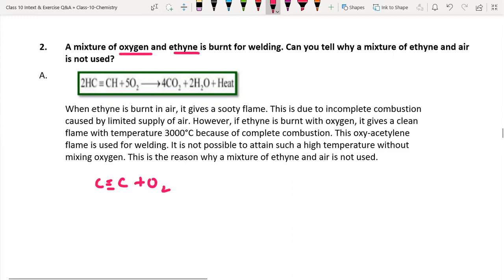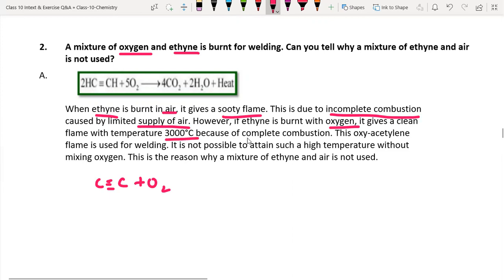It is quite simple. When ethyne is burnt in air, it gives a sooty flame. Means it will produce some black substances, right? Dirt, everything it will produce. This is due to incomplete combustion. Whenever there is incomplete combustion, it will produce black soot because there will be a limited supply of air. However, if ethyne is burnt in presence of oxygen, it gives a clean flame with temperature 3000 degrees Celsius